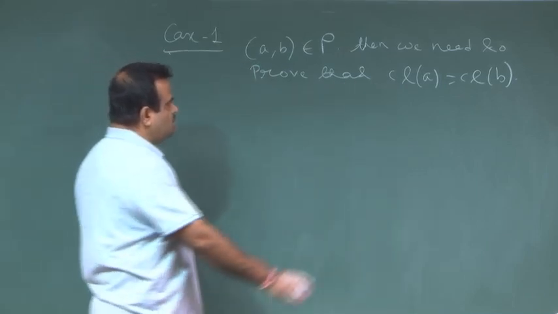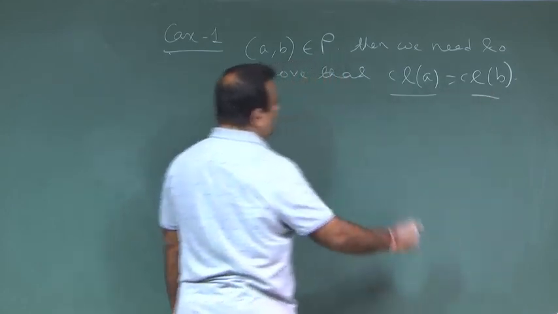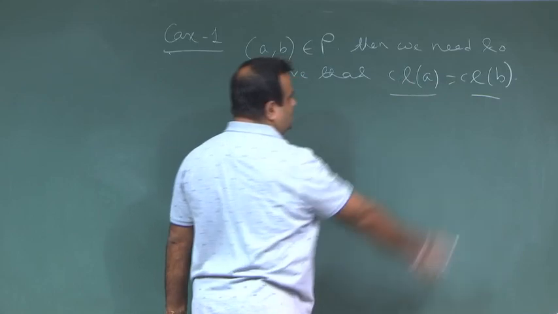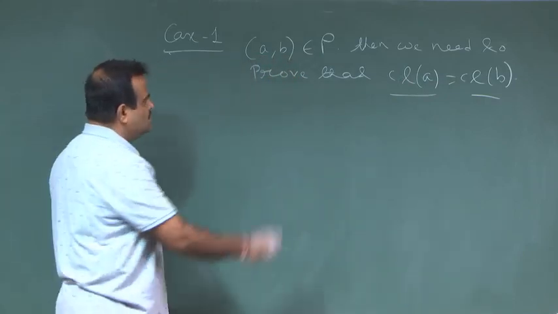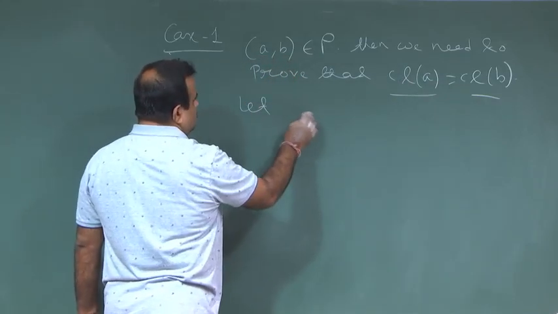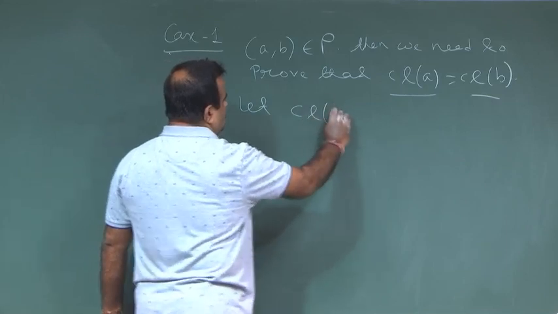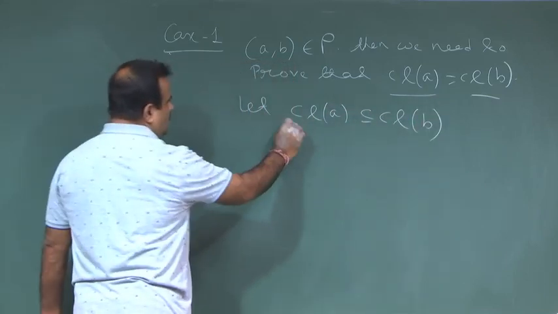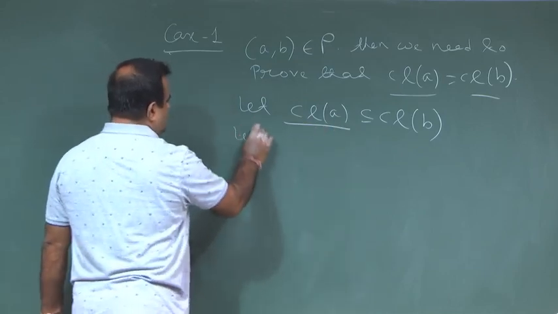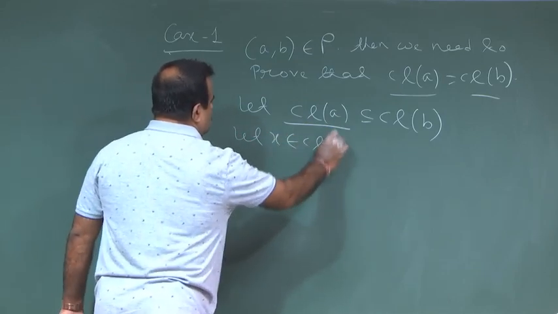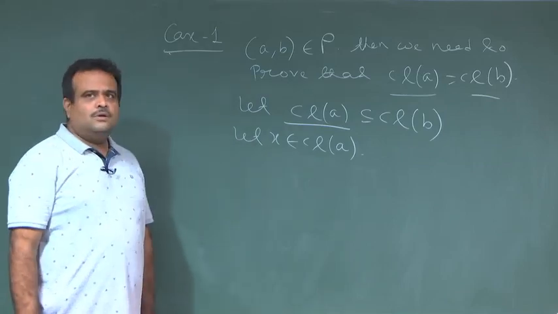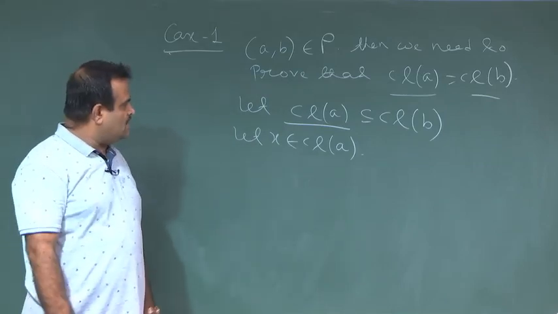Okay. So, how to prove these two classes are same? For that we need to search, these are basically sets. So, for that this must be a subset of this and that must be a subset of this. So, let us try to prove this one, class of A is a subset of class of B. For that we need to take an element from here, let x belongs to class of A. Then we have to prove that x belongs to class of B.